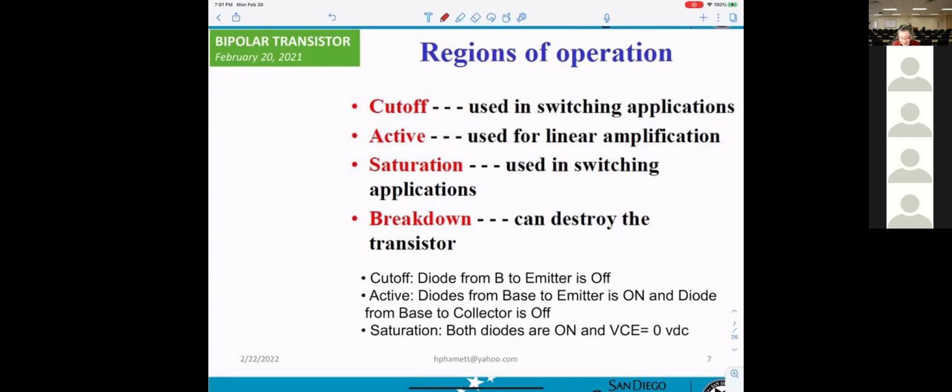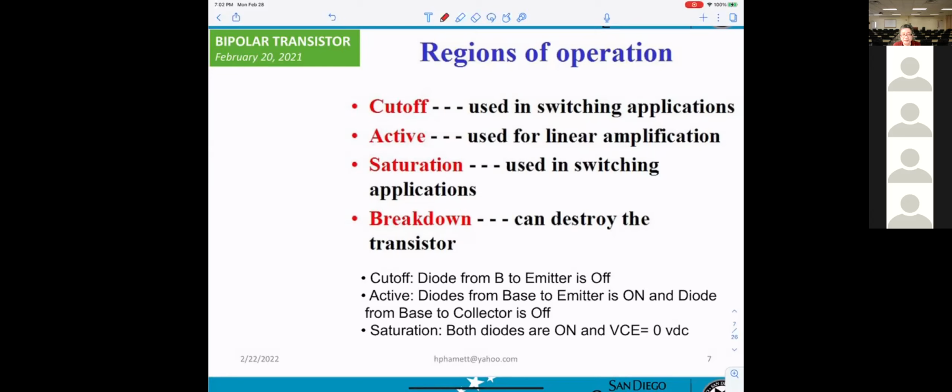Active: the diode from the base to emitter will be on, however the diode from the base to collector will be off, or reverse biased. For saturation, both diodes are on, and also VCE is almost equal to 0 volt.